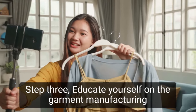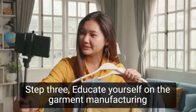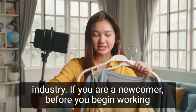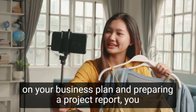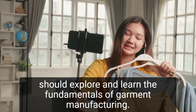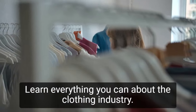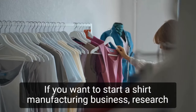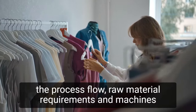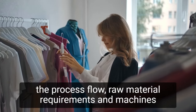Step 3. Educate yourself on the garment manufacturing industry. If you are a newcomer, before you begin working on your business plan and preparing a project report, you should explore and learn the fundamentals of garment manufacturing. Learn everything you can about the clothing industry. If you want to start a shirt manufacturing business, research the process flow, raw material requirements, and machines to buy